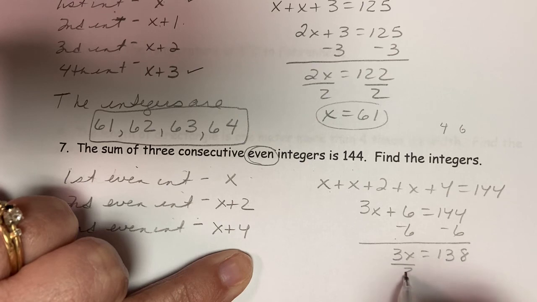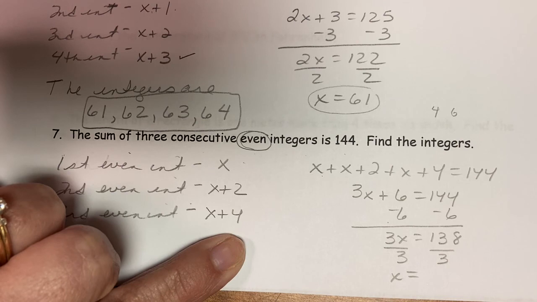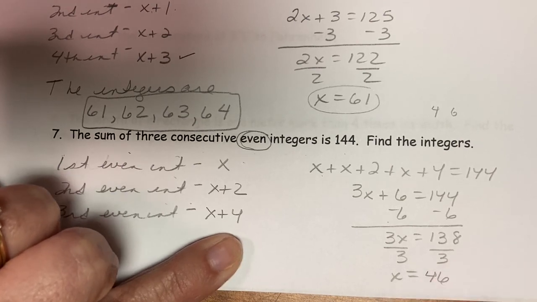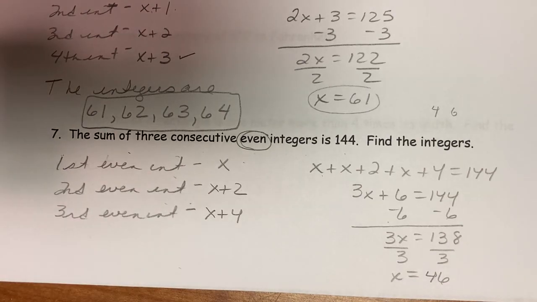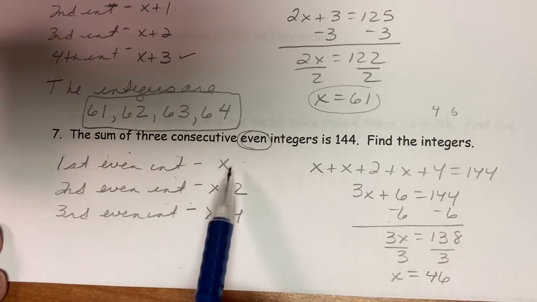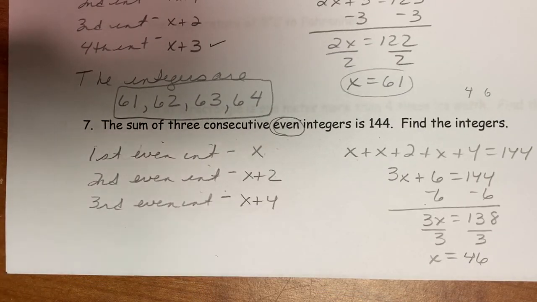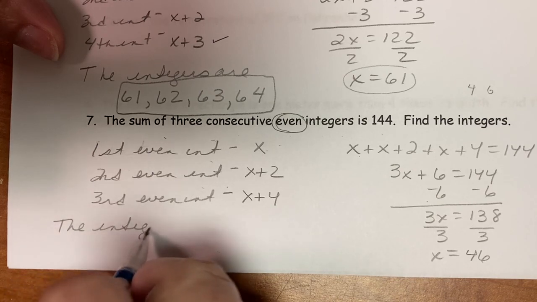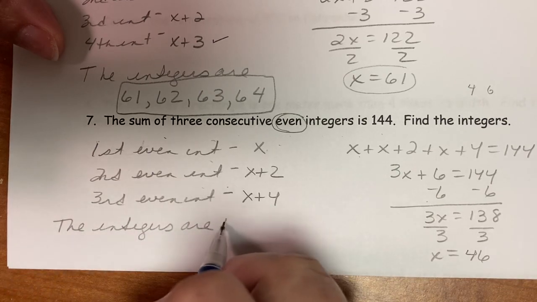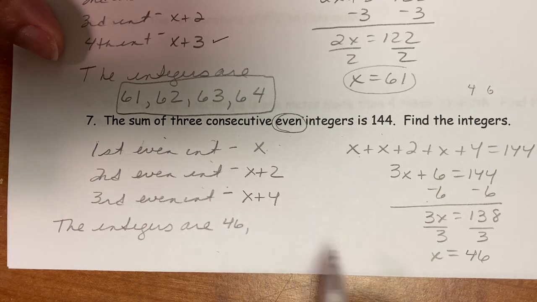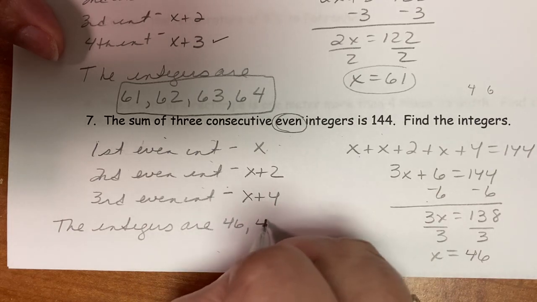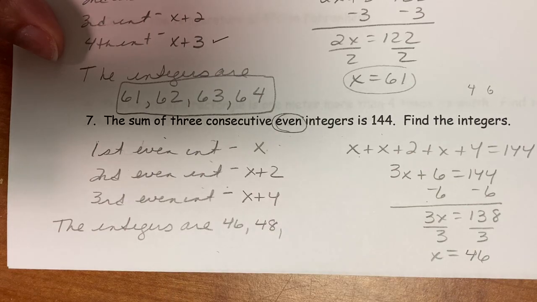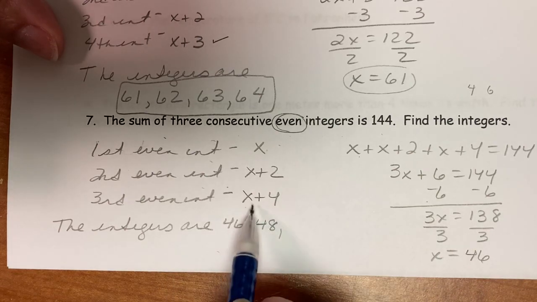And if I take 138 and divide by 3, I'm going to have to use a calculator. I'm not able to do that really quickly in my head right now, plus I don't want to make a mistake. I'm going to get 46. So what did I just find? I found x. I found that the first even integer is 46. So the integers are 46. What's the next even integer? Well, it's 46 plus 2, or 48. And what's the next even integer? It's 46 plus 4,